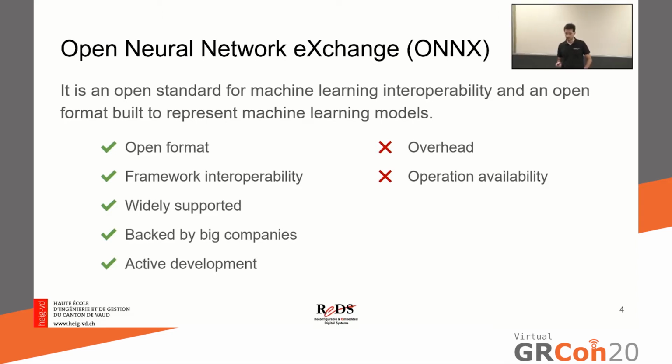Framework interoperability solves the problem that nowadays we have multiple, different and incompatible deep learning frameworks. So once you've chosen or you prefer to use, I don't know, Keras or TensorFlow, which are some of the deep learning frameworks that are widely used nowadays, you are tied to that framework, and you cannot move or choose another one in an easy way, let's say. So with ONNX, we solve that problem, which is big nowadays if you want to provide a flexible solution.